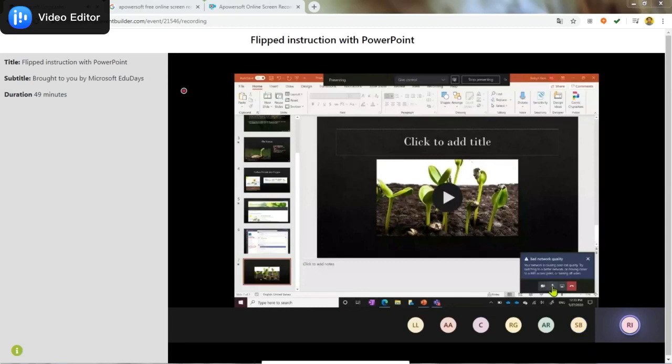Okay, so I believe we were at the screen clipping portion. Perfect. Can you see my cursor and my screen? We cannot see your cursor. Oh, I can see your cursor now, but it looks like your connection is really bad. Okay.